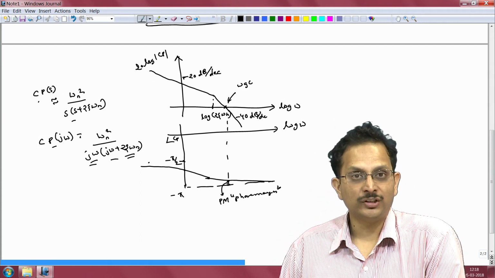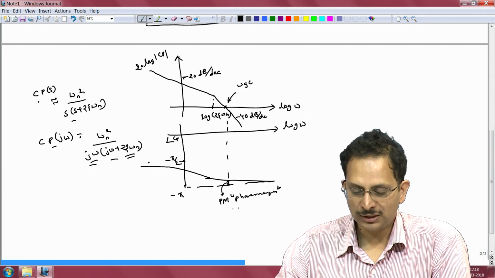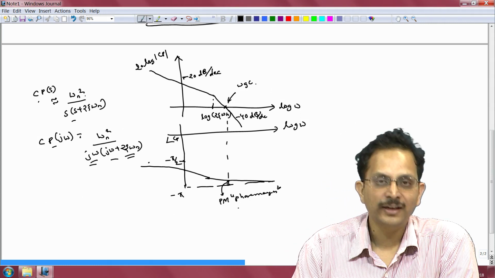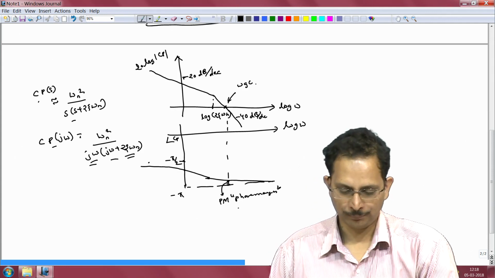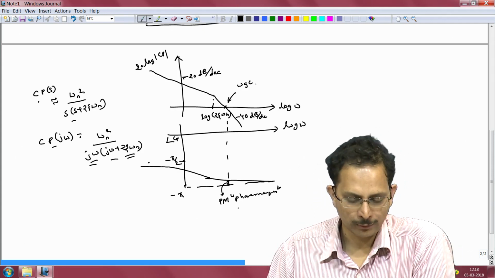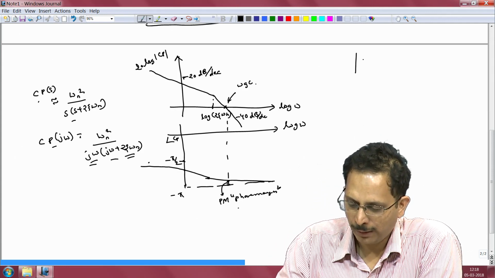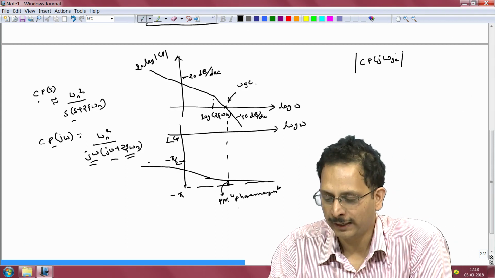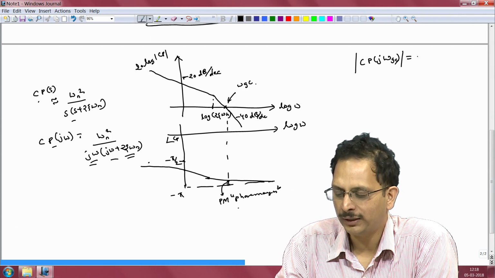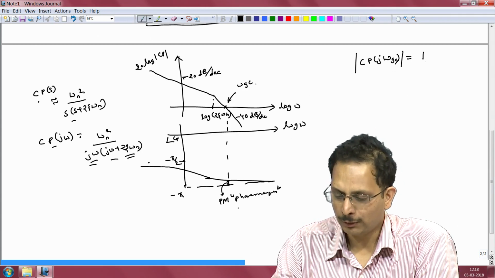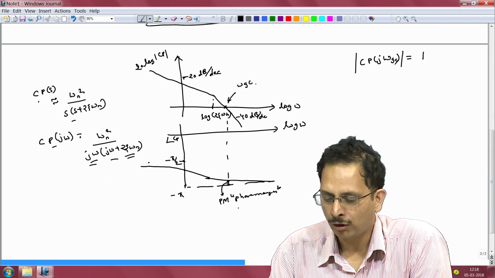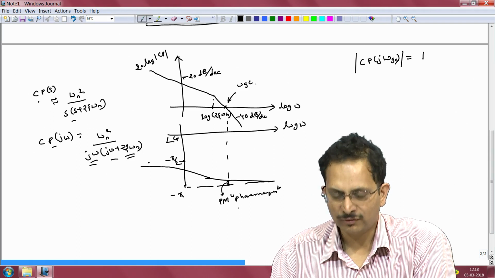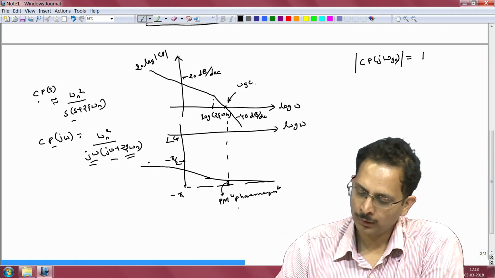Now, what we are trying to see is whether we can relate the phase margin and the gain crossover frequency to the parameters omega n and zeta of our closed loop system. So, to determine the gain crossover frequency, by definition we have to set the magnitude of C P of j omega gc, where omega gc is the gain crossover frequency, equal to 1. If this is equal to 1, then of course 20 log of the magnitude would be equal to 0 dB, and then we would have the gain crossing over the frequency axis in the Bode plot.